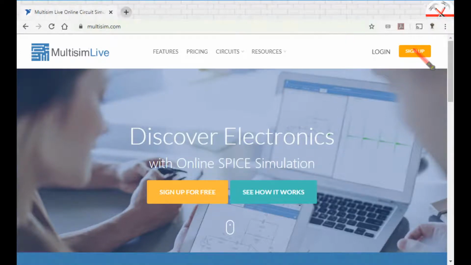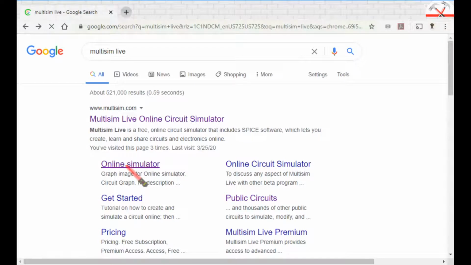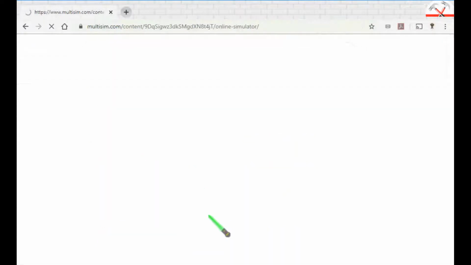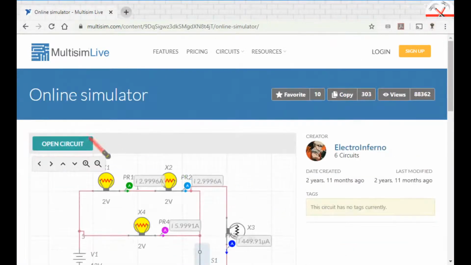Now this is going to be important when I have you do, I believe you're allowed to save your circuits if you have a login and password. If not, you can only go in and just use it to get answers, okay? Now, I think you should go ahead and create a username and password, but if we go back here, underneath, you see here it says Online Simulator. If you just go straight to the Online Simulator, okay, it's got some default thing that it comes up with here. And then you can go ahead and open it and delete what you see there, and then just start off